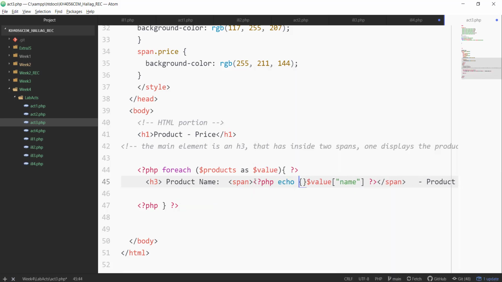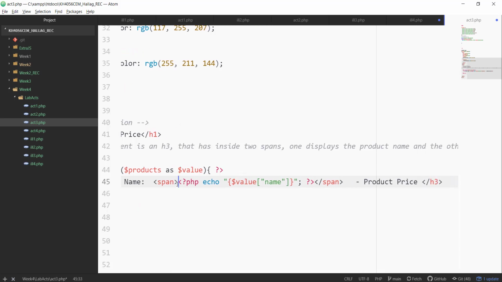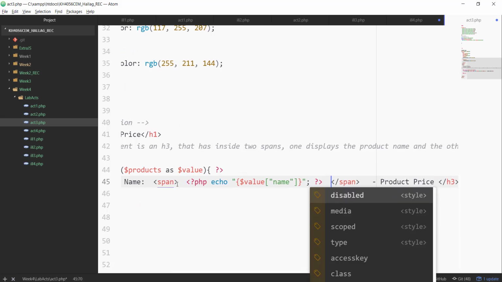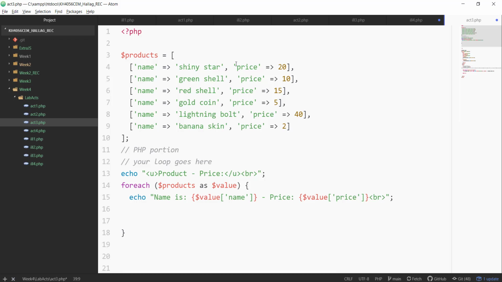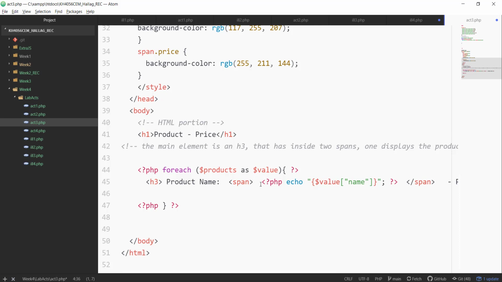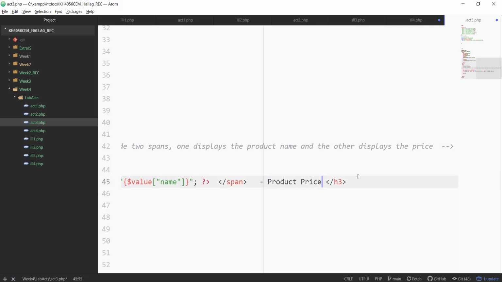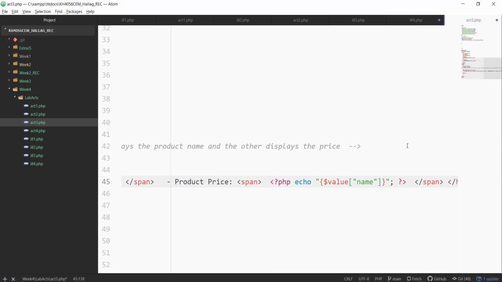Okay, so I'm just going to use the curly braces all over the place again, like this. Alright, so this is the first one. Since we are at the first associative array, let's as well grab the other value, which is under the key price. I'm just going to do the same stuff here and make another span right after the product price. Inside that span, I'm going to have